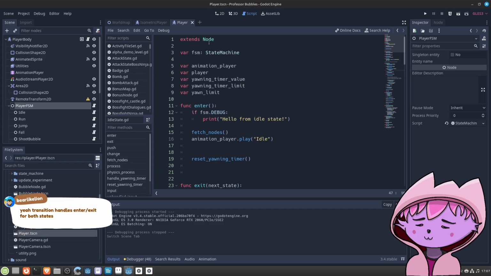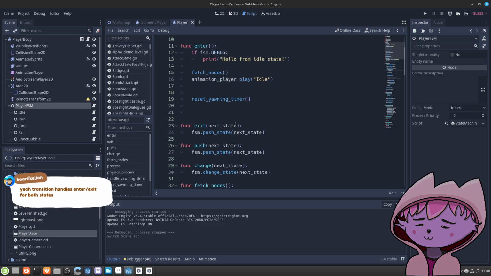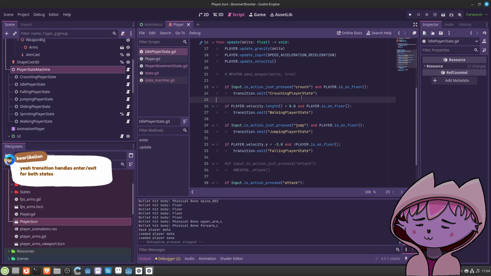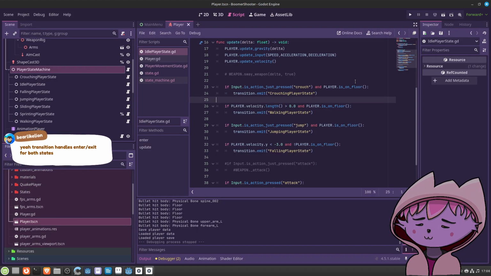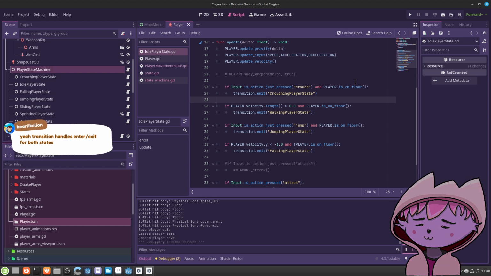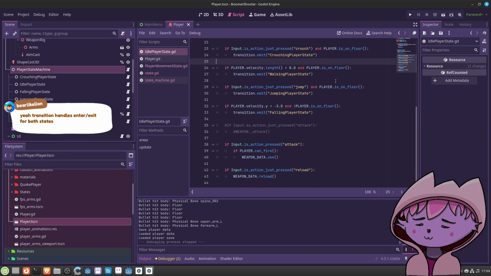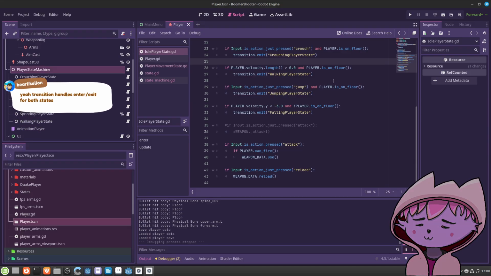Enter and exit. But this feels cleaner. Yeah, transition handles enter, exit for both states. Yeah, it feels cleaner that way.